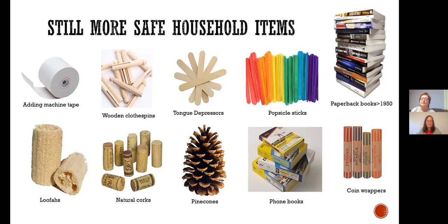Your paperback books, anything that was published after 1950, and that has to do with the ink, because the old ink was lead-based, and here this is soy-based. Loofahs grow in North Carolina and below. They are a gourd, and actually they're a vegetable. Some people eat loofahs. They're on the same